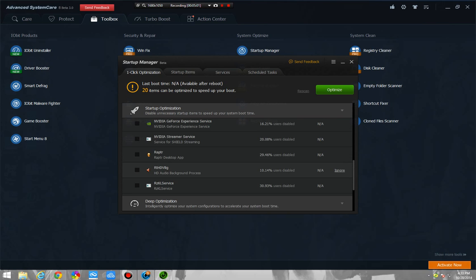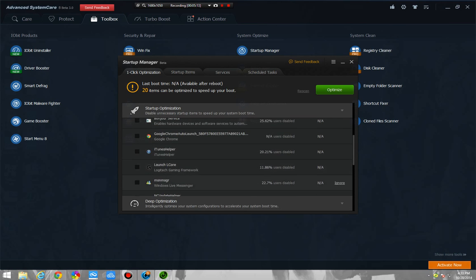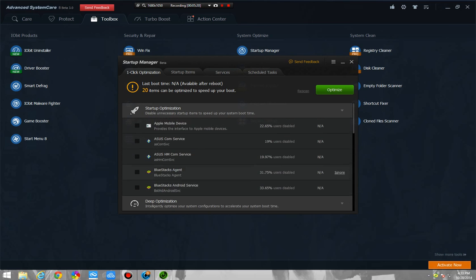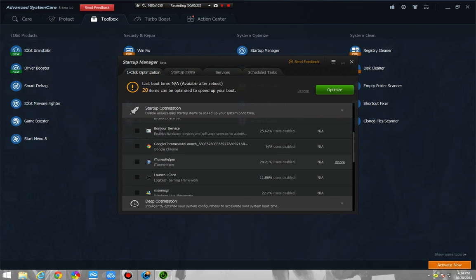Now, the program can be disabled, but the service for it is not. The reason that we have this service running is because the service allows it to either collect information or for it to boot later. So, for instance, the Chrome auto load. We're not gonna do that. I can't even say the word. It's auto launch, but I can't. So, iTunes Helper. This is always running. It uses very little extra memory, but it always loads on the startup, and it can be quite tedious. And the reason it does this is because